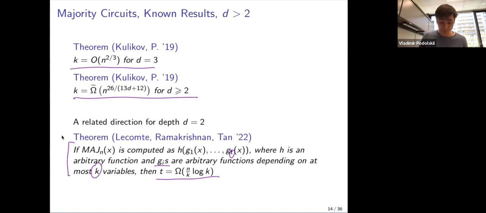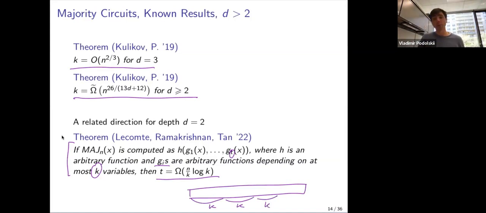We prove the lower bound actually. T must be at least n over k times log k. Note that without log k, this lower bound is obvious because you want your function to be able to read all inputs. So if I remove log k, then it is obvious. On the other hand, this lower bound is tight because you can break your inputs into blocks of size k, and on each block you can compute the number